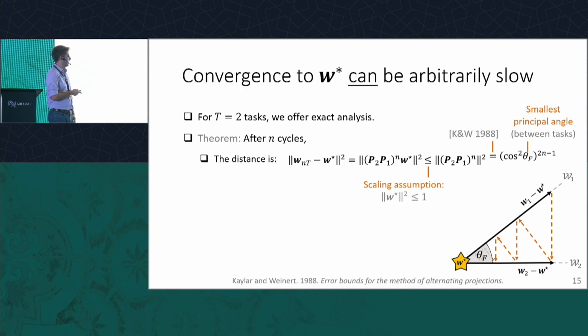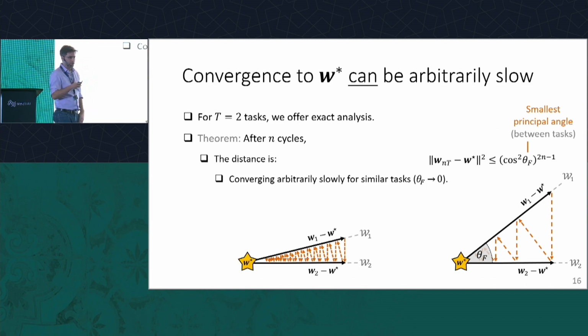So when you have a small angle here, this is bad, because it will converge very slowly. With a small angle, the cosine will be close to 1, and we'll have very slow convergence to the teacher. So essentially, it could be arbitrarily slow. If we have the worst-case tasks, then the forgetting can still go very slowly to 0, which is bad. So this is the distance to the teacher, sorry. So the distance to the teacher can have arbitrarily slow convergence.